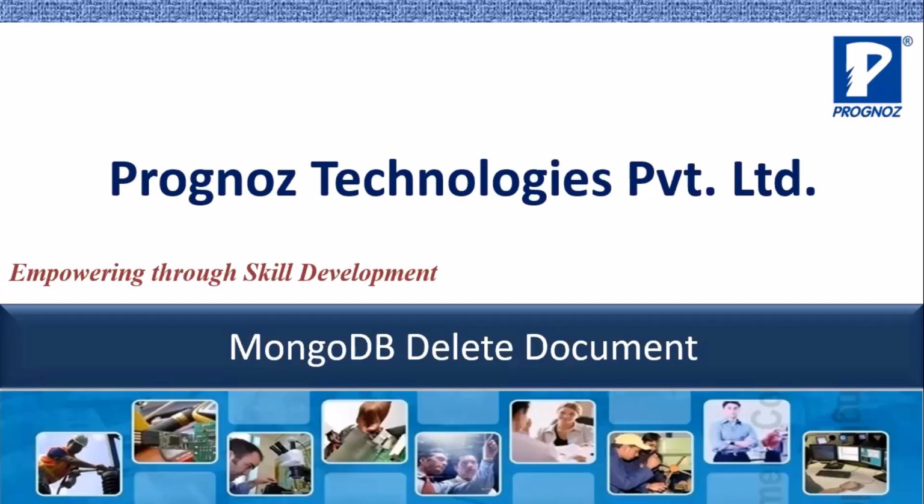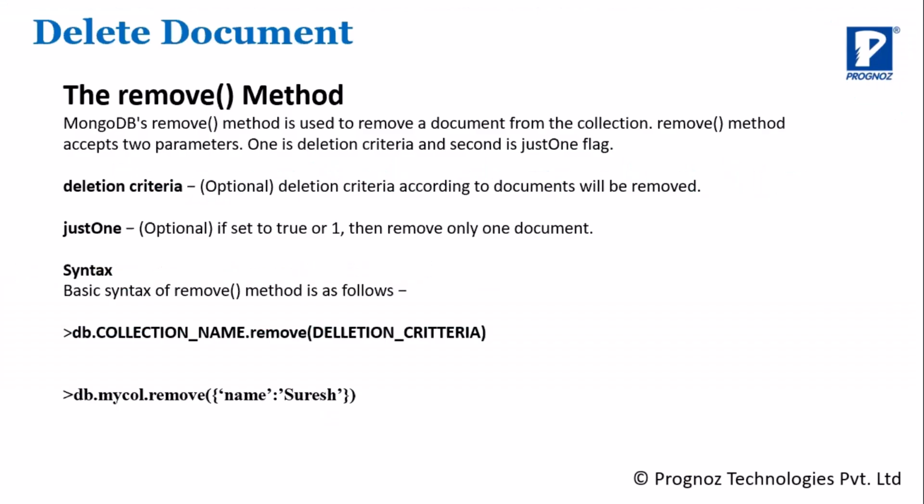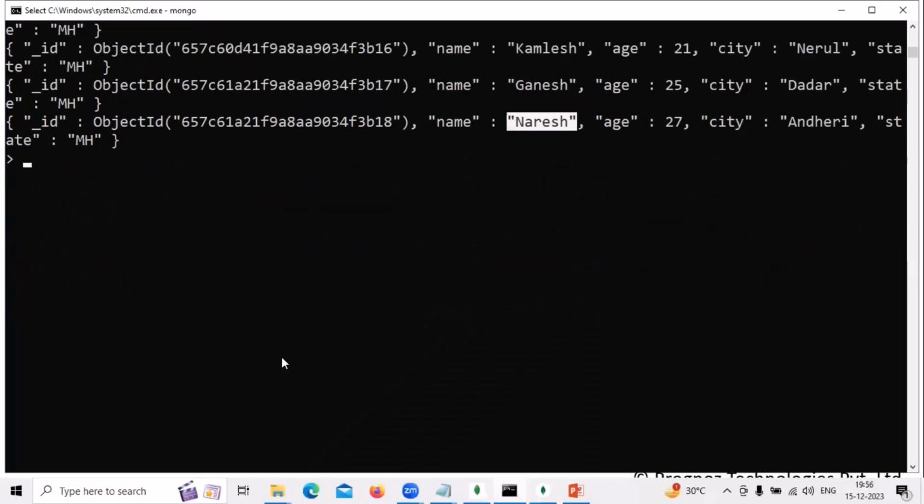Next, if you want to delete the document, meaning if you want to remove the document, there is a method called the remove method that we can use. Using the remove method, we can remove a particular document. We just have to write db.collectionName.remove, and in the remove method we can pass